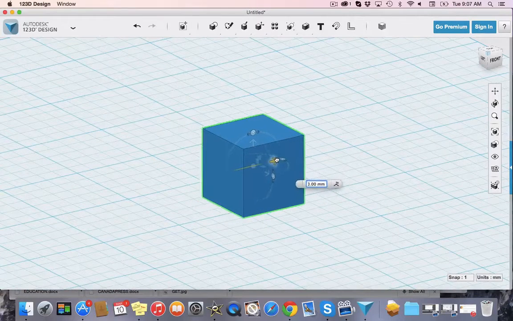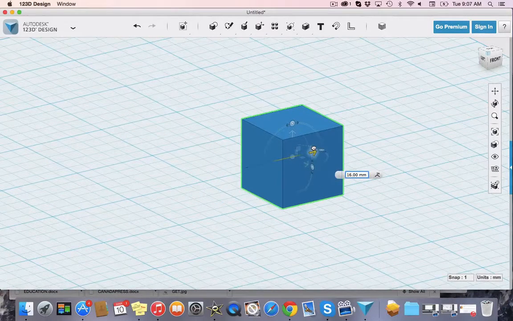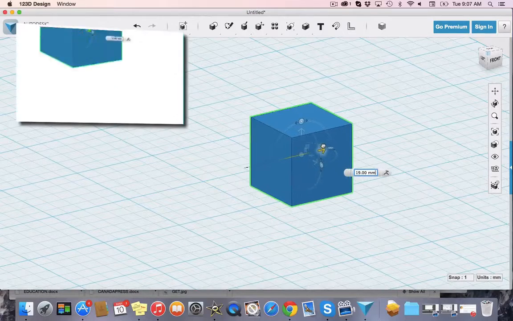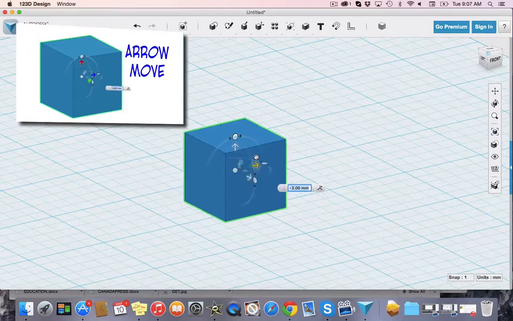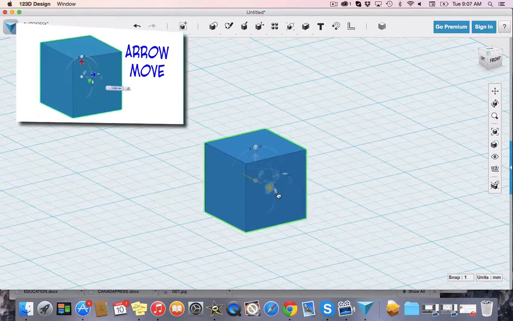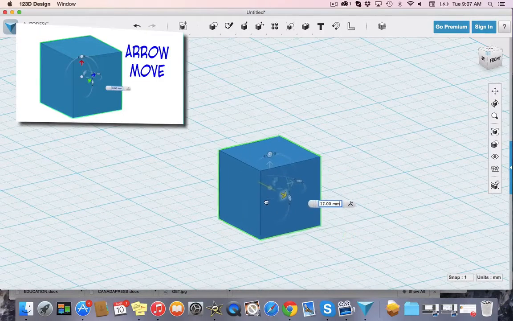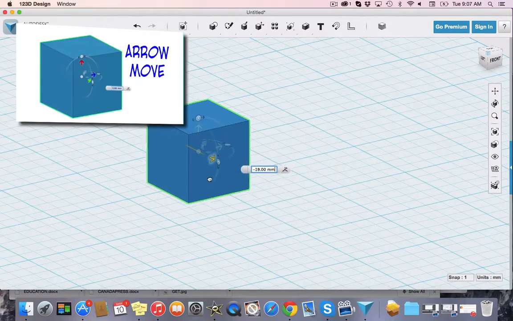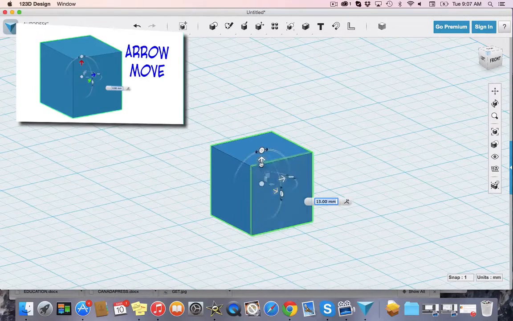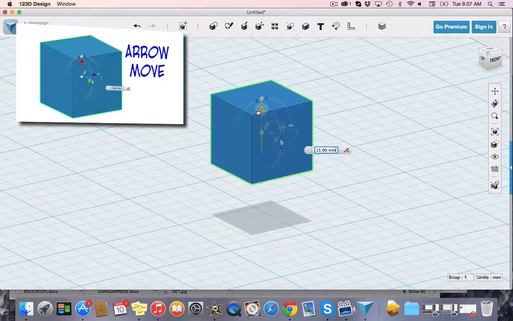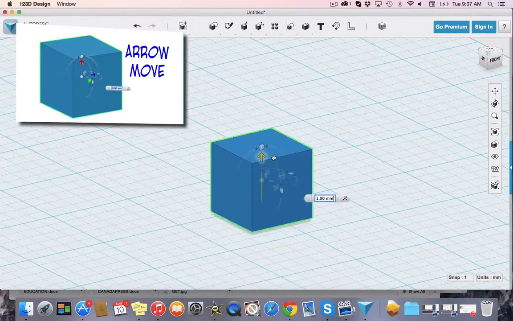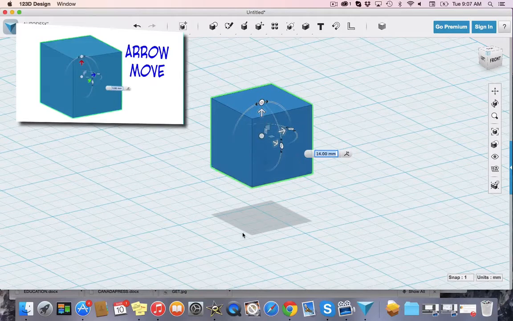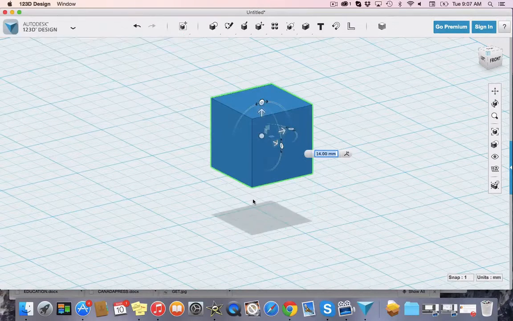So you'll see if I drag on the arrow key, I can drag it in that direction along the X axis. If I pull on this arrow, I can move it along the Y axis. And if I pull on the top arrow, I can move it on up and even below the grid on the Z axis. So if I move it here, I can also undo that by pressing